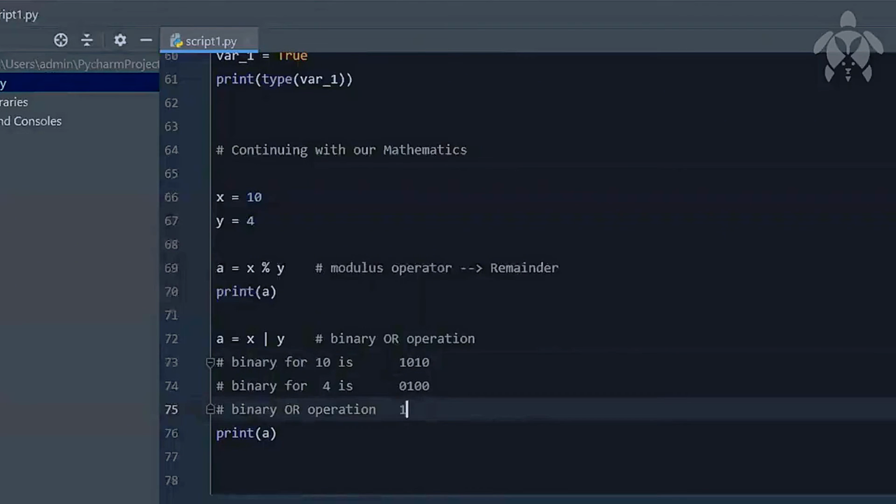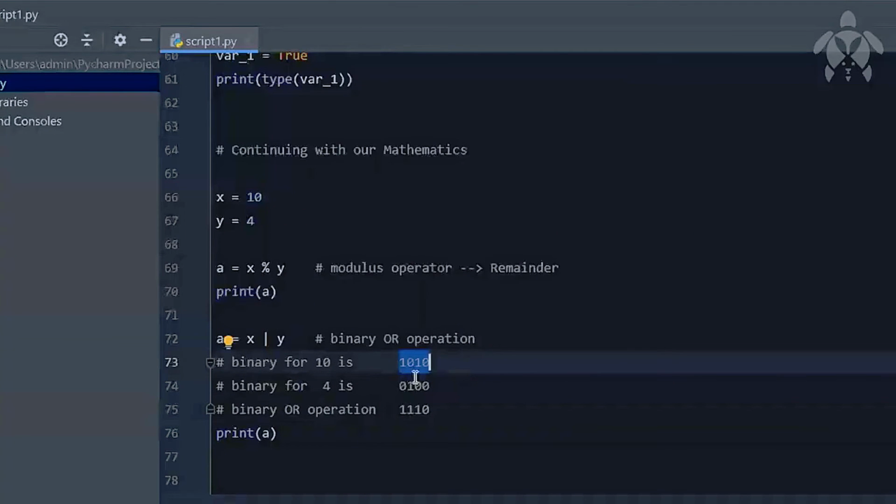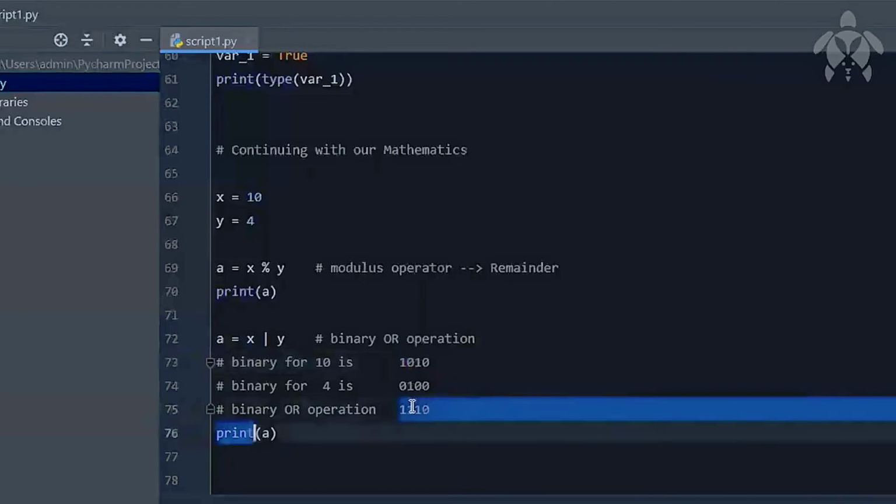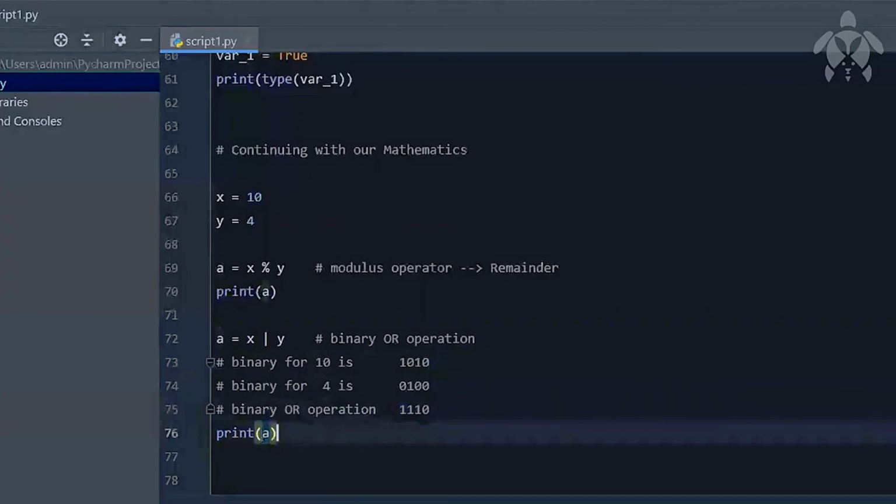So it is 1110, because at least one of them is 1 in each place. It will be 0 only if both of them are 0. Now what is the decimal for 1110? 1010 is 10, 1011 is 11, 1100 is 12, 1101 is 13, 1110 is 14. This should be 14. Let us print a and see the output.